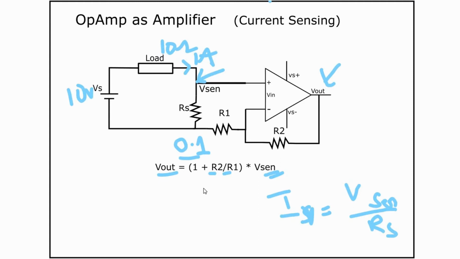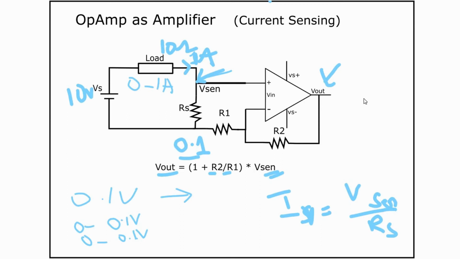I forgot to tell you why you need an amplifier. So let's assume, when 1 amp is flowing, the voltage drop is 0.1 volts. Let's assume that your current maximum is 1 amp and it will vary from 0 to 1 amp. So your sense voltage V sense will vary from 0 volt to 0.1 volt. If your sensing circuit or the microcontroller ADC can pick up this from 0 volts to 0.1 volts with good enough resolution, then you don't need an amplifier.